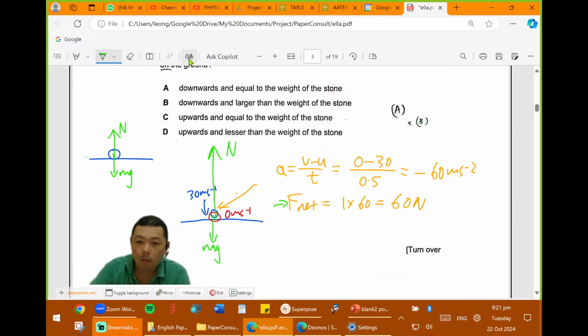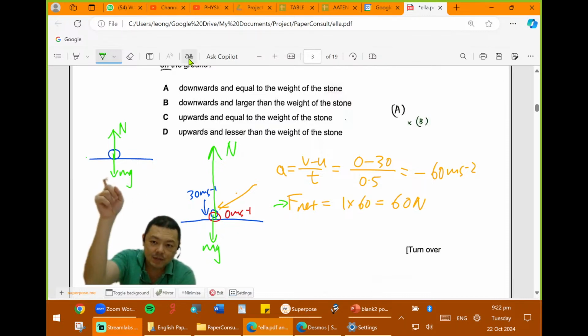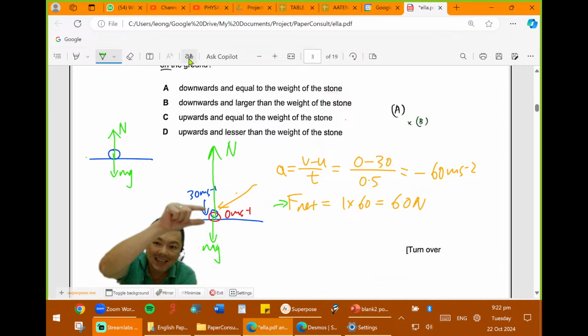Okay, no, it's okay. I'm asking why, but I'll explain why. But you have to remember that that's the language you should be thinking in terms of. Okay, why is there a difference? It is because this stone is moving and it needs to stop. It needs to decelerate to zero.